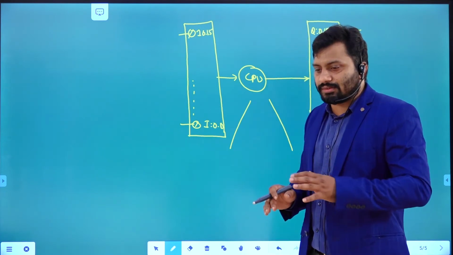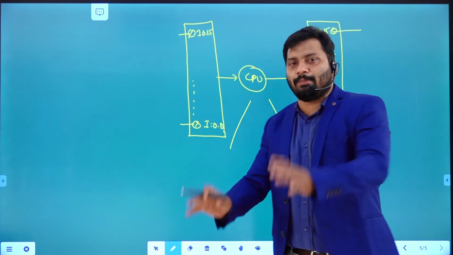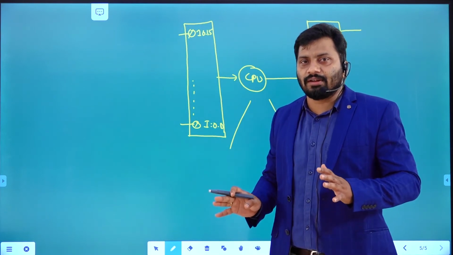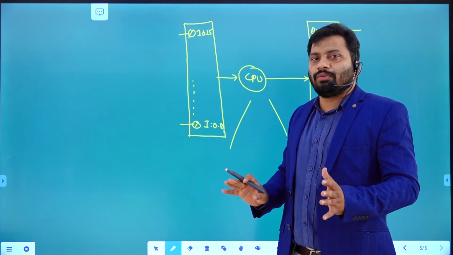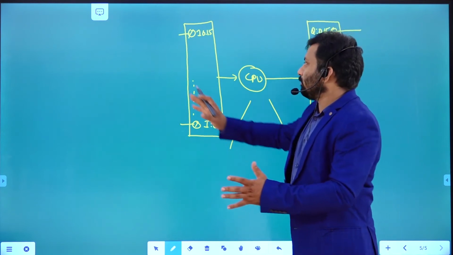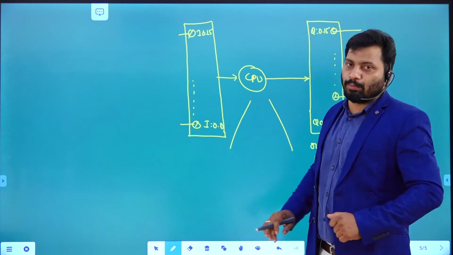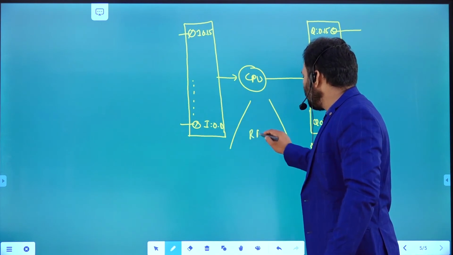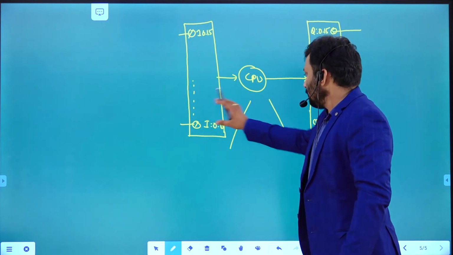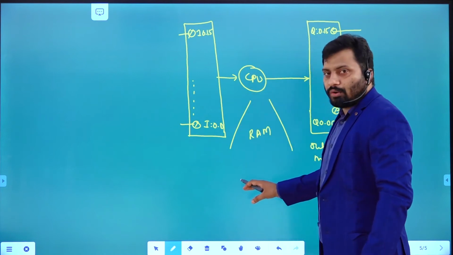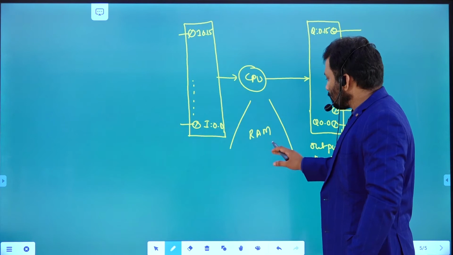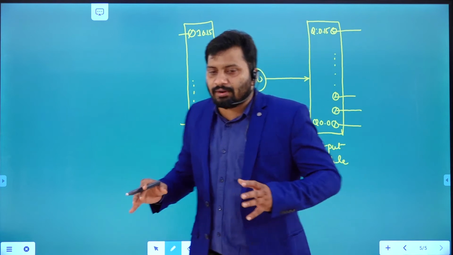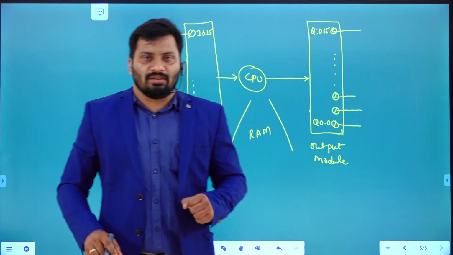But in today's class, we introduce bit manipulation instructions. In bit manipulation instructions, we have 4 types of instructions. By using those instructions, you can control the output modules without taking input data from the input switches. The RAM present in the CPU is used to store the input data, the program you have written, and the output data. Along with that, you can use its registers to store user data also.